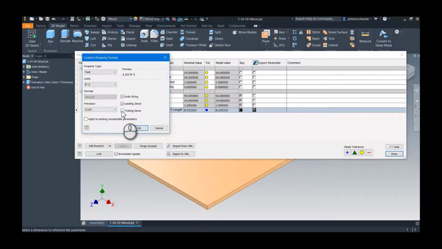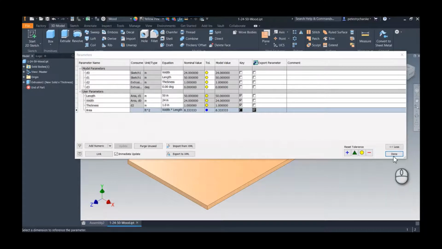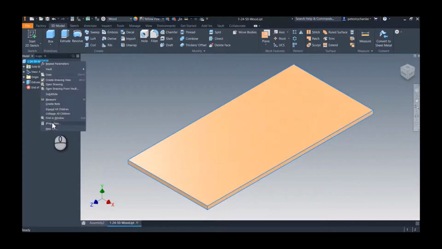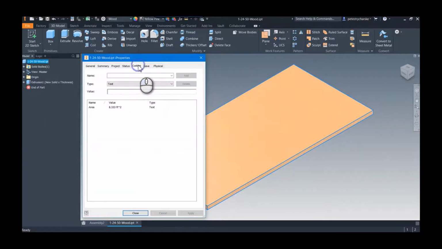I'll get rid of them just so you can see the result, but this is where you can come back and change that formatting if you desire. Go ahead and hit done. Now if we take a look at the iProperties, you'll see that the area is now reported as feet squared. I'll hit close,